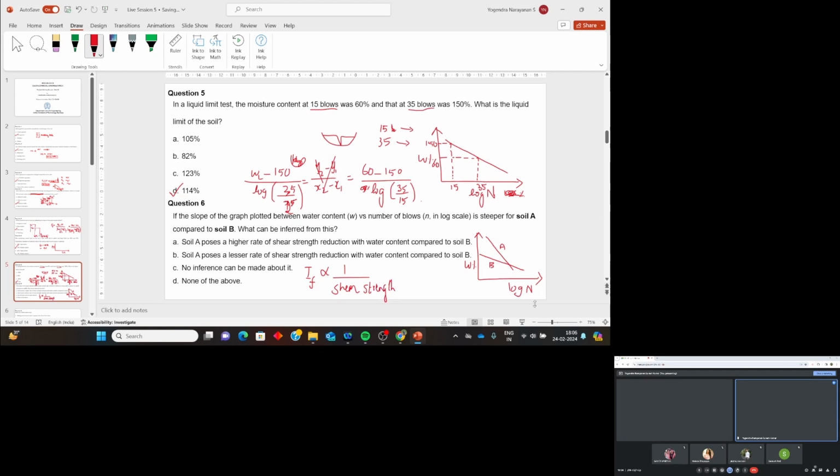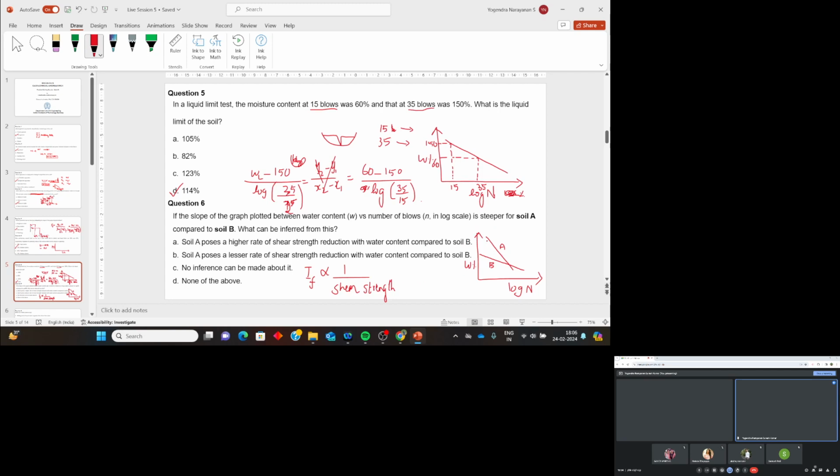All right. Now, obviously we know that if IF is higher, shear strength will be lower. That is one inference of it. But this, compared to, related to this question,